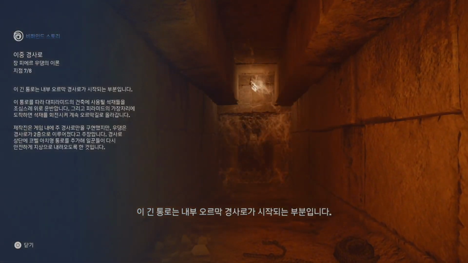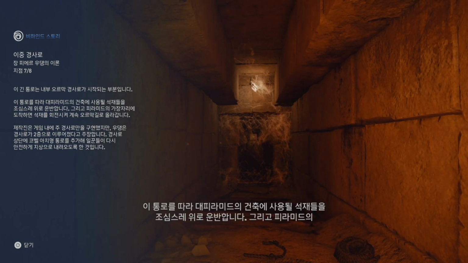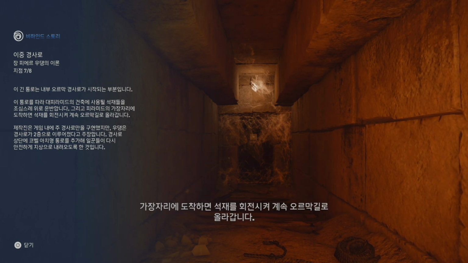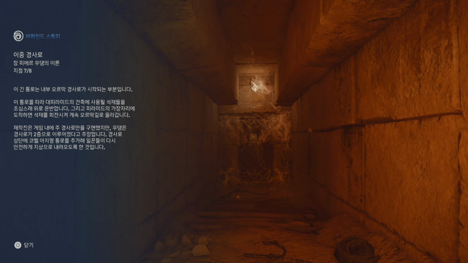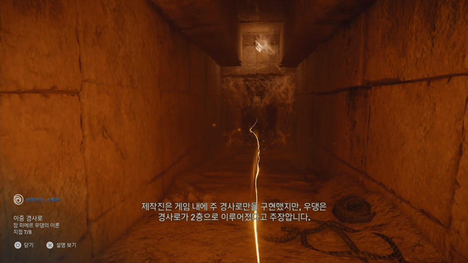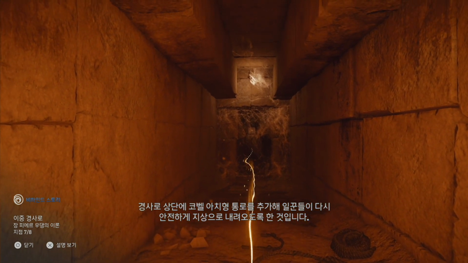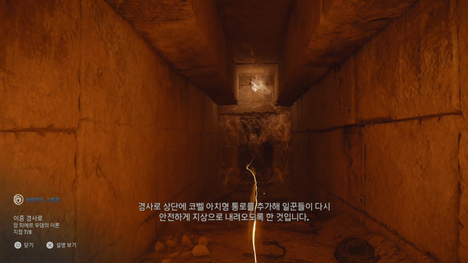This long corridor was the first section of the ascending internal ramp. Through it, the blocks used to build the Great Pyramid would have been carefully moved upward, and then turned at each edge of the pyramid in order to continue their ascent. Though the team only created the main ramp for the game, Houdin posits that this ramp had 2 levels, allowing workers to return safely to the bottom thanks to an additional corbelled upper section.